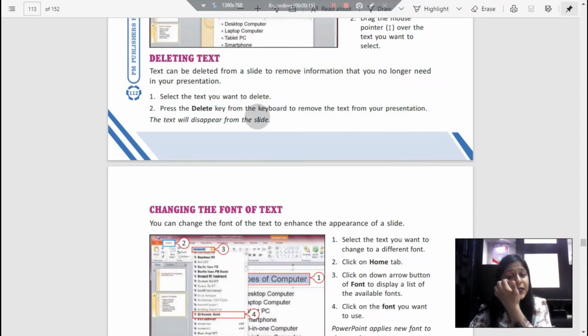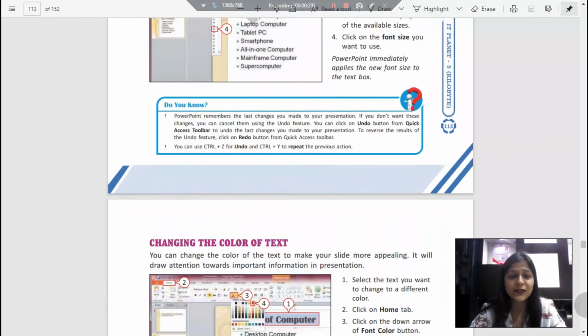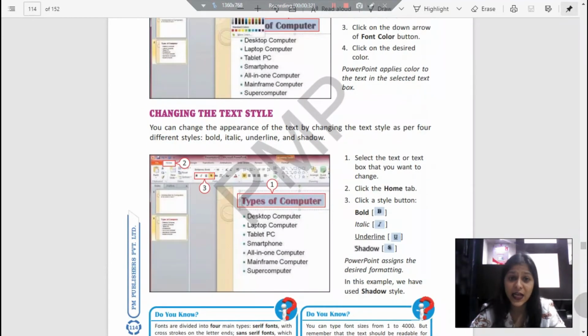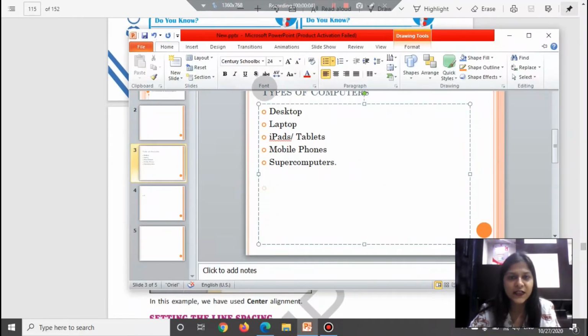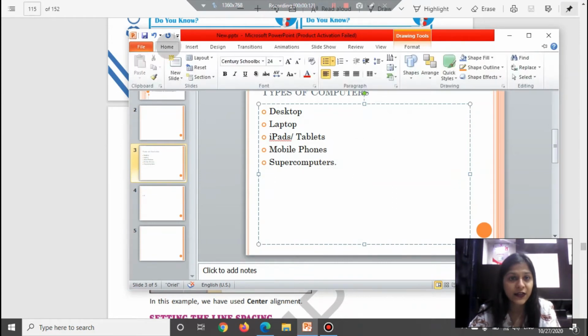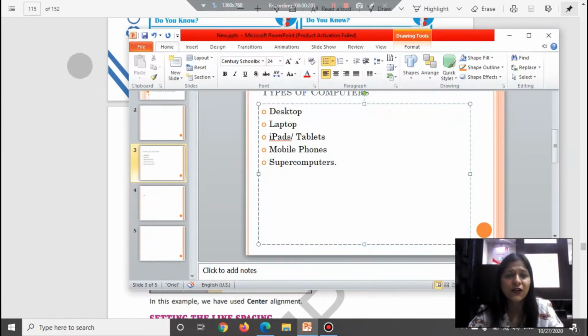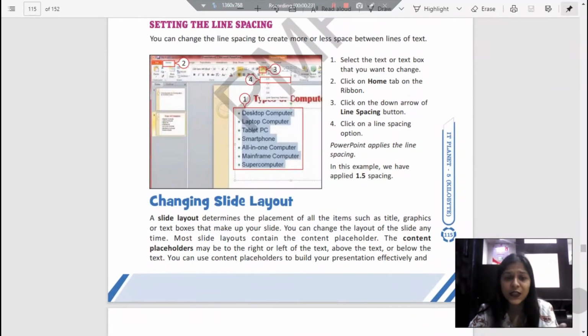Deleting text. Deleting text can be done by selecting the text and then pressing delete from your keyboard, or even backspace would work. All right. Changing the font of your text. We already know that if we want to edit our text, maybe the color, size, font style, in the home tab there's a font ribbon provided to us, which allows us easy editing of our text. We can give it a new font color, and alignment can be adjusted in the paragraph ribbon, and all of these are provided to us just like Microsoft Word. So I think it's nothing new for you.